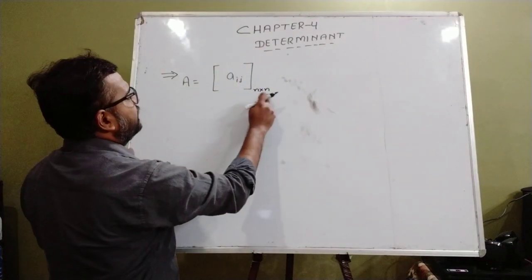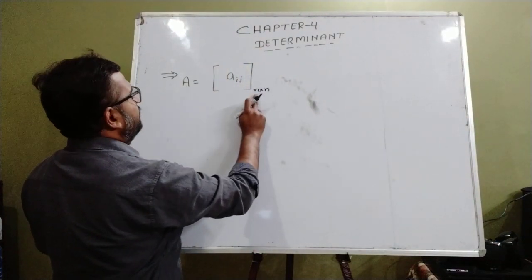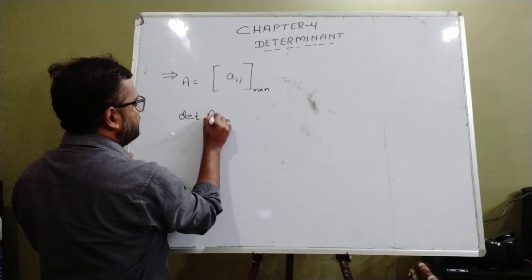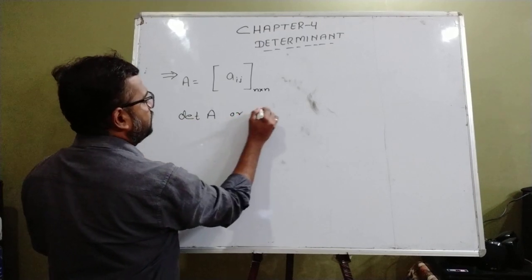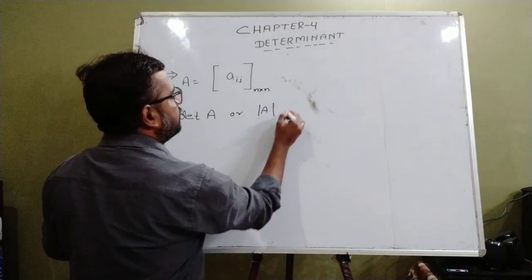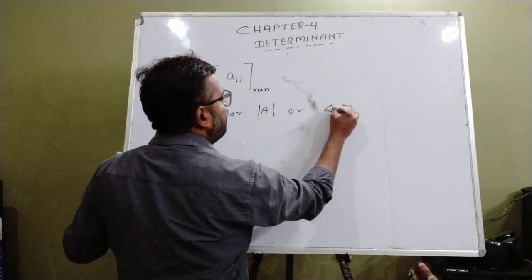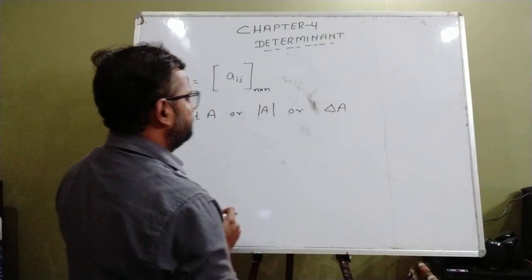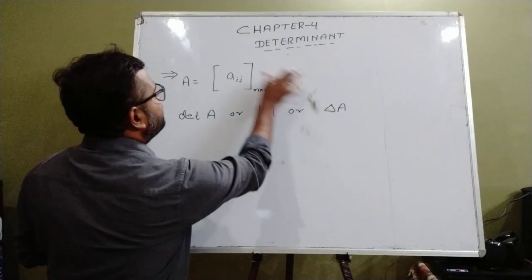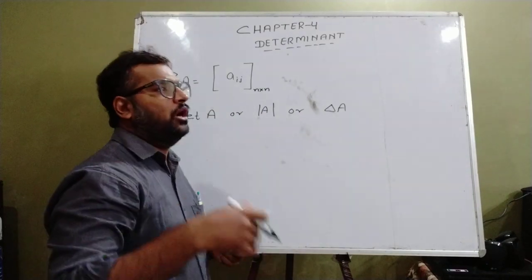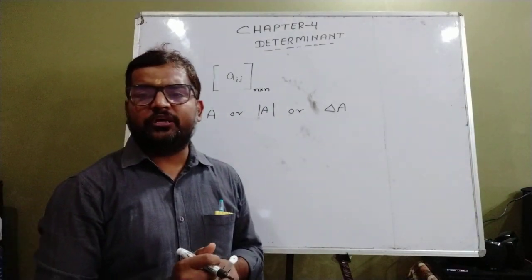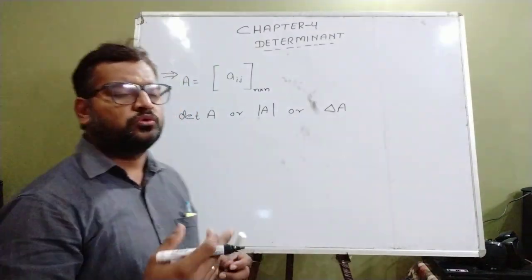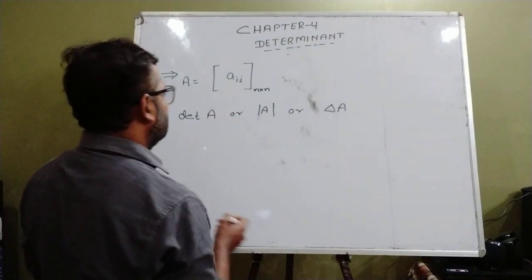If A equals Aij is a square matrix of order n, then the determinant of this square matrix is denoted by det A, or determinant of A, or delta of A, or somewhere it is written simply as delta. So these are the representations of the determinant. Which matrix gives you the determinant value? Only a square matrix. Except for square matrices, no matrices can give a determinant value.